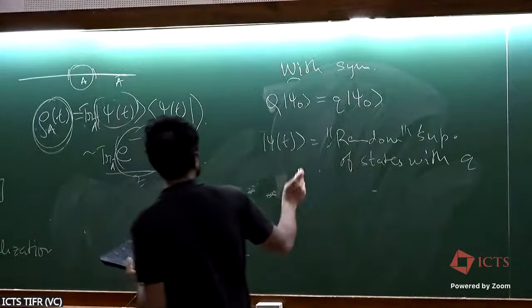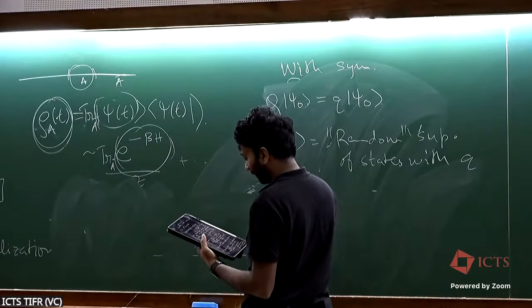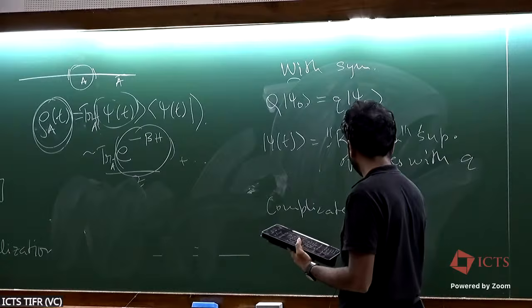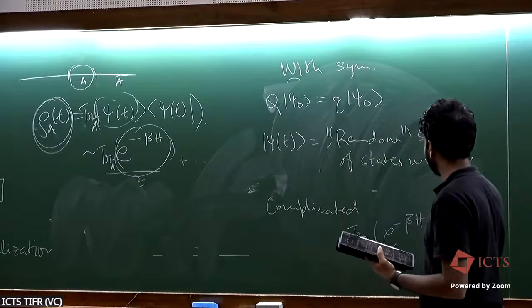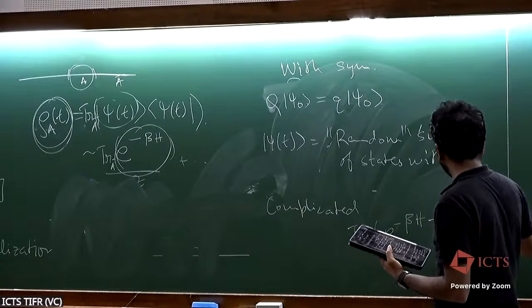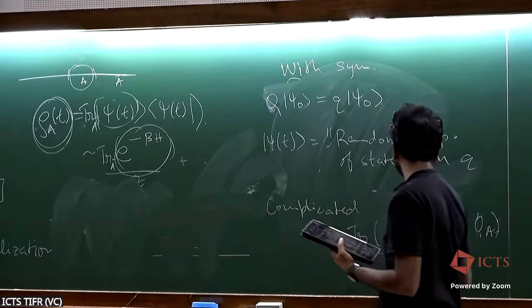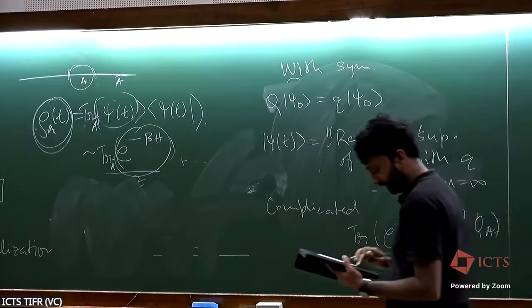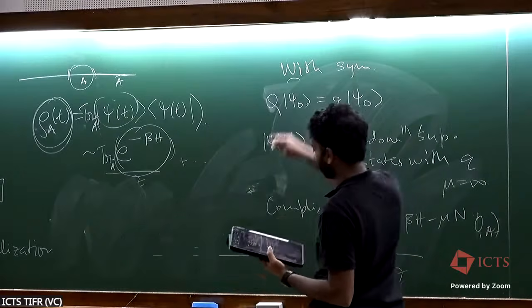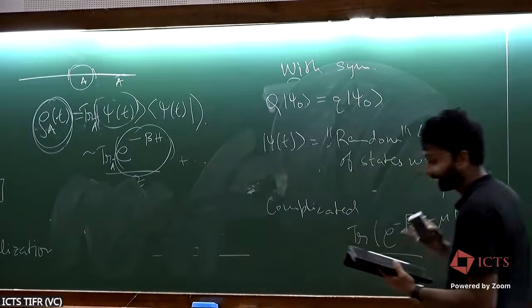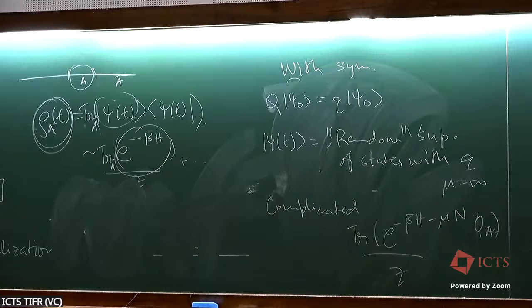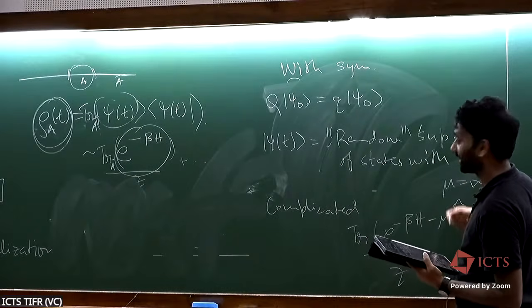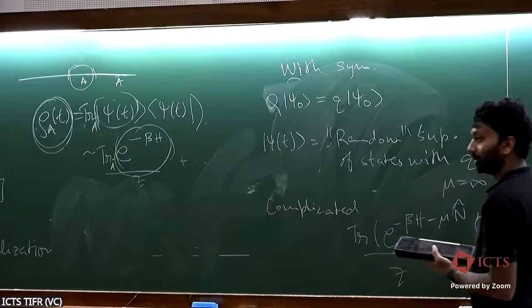Yeah, so this is the simplistic version. There is a more complicated version, which I'll just note here, but I'll not say anything more about. So you should really be taking e to the minus beta H minus mu N times your operator. So this is the late time expectation value, and what I've done here is effectively set mu to infinity. This simplistic version is more useful in practice when you want to do numerics and so on. So N is the symmetry operator. If you have a U1 symmetry, you put in the symmetry operator here.